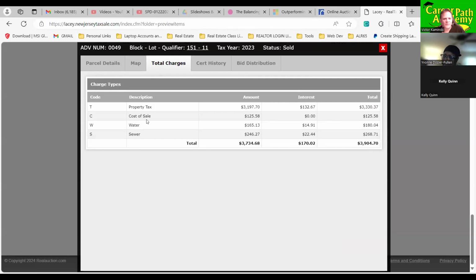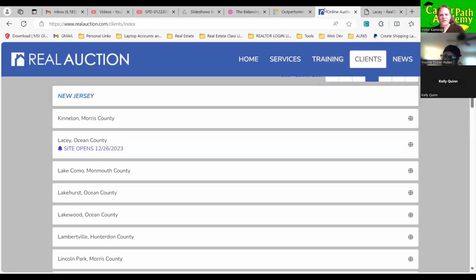Okay, so look at this. Property taxes that are unpaid, then cost of sale, water and sewer bill, for a grand total of $3,900. Shoot, I'd pay $3,900 and invest and hope this guy doesn't pay me back so I could foreclose on it in 2 years. Get that house for $3,900. Can you imagine? You'd probably pay more for the attorney to do the foreclosure for you so that you don't have to bother doing it. You know, pay the attorney $5,000 and be done with it. Pretty good way to invest.